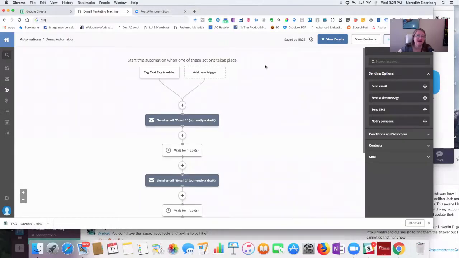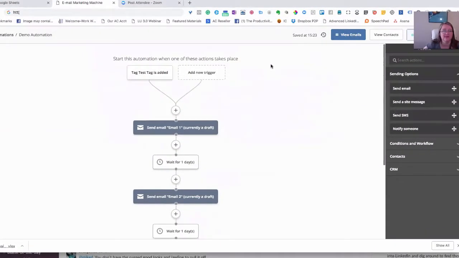Hello, this is Meredith Eisenberg of solobizhacker.com, and today I am going to show you how to use goals in automations in ActiveCampaign to take people out of sequences when they've created a specific action like signing up for a